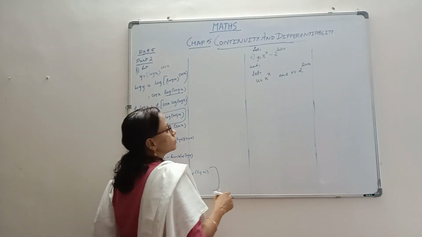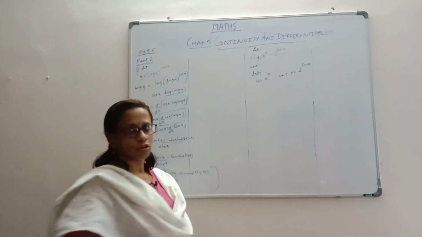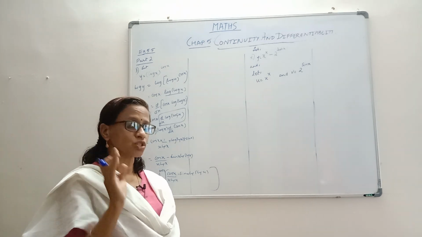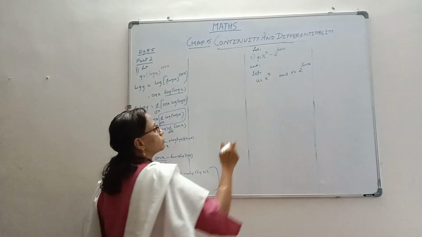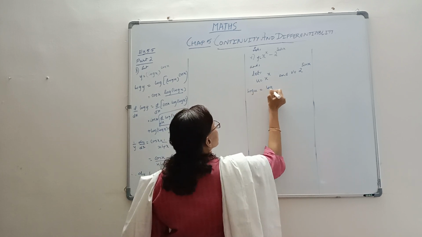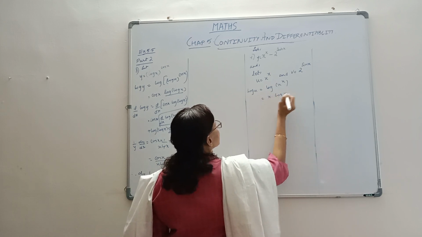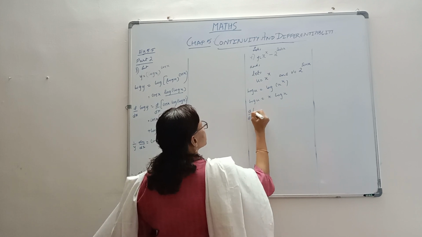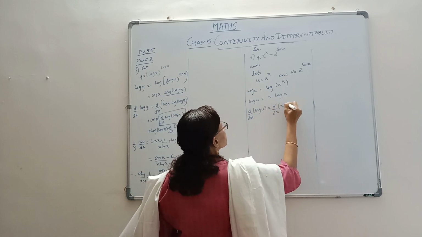Now this is not directly doable, but still doable, but here you'll have to take log. The first part is function raised to function. Whenever you get a function raised to function, then you have to take logarithmic differentiation. So we will take the log on both sides. Log u equal to log x raised to x, or in other words it is x times log x. So this is log u. Now because we are interested in the derivative, we are going to take the derivative with respect to x for both of these sides. D by dx of x log x.